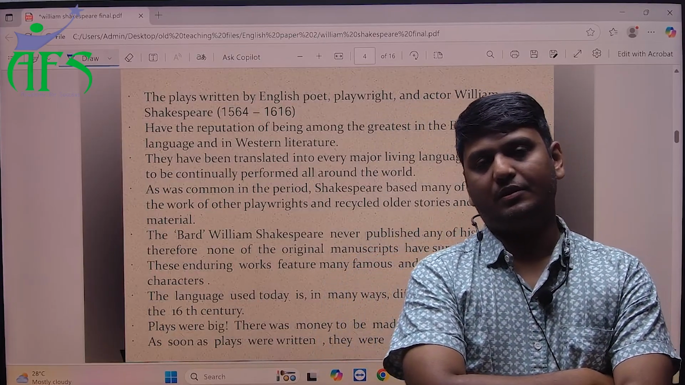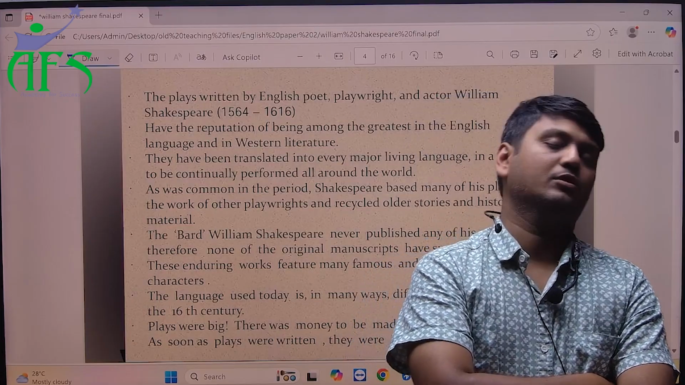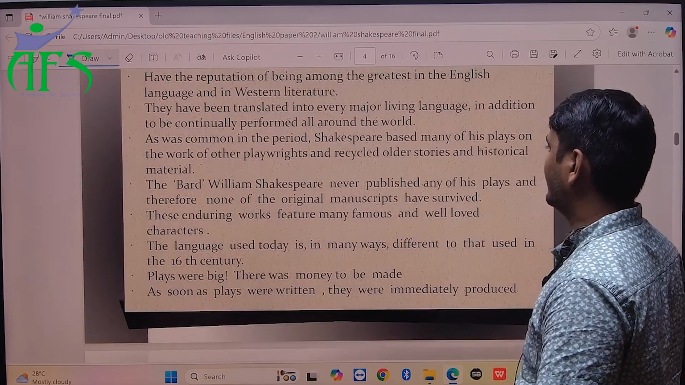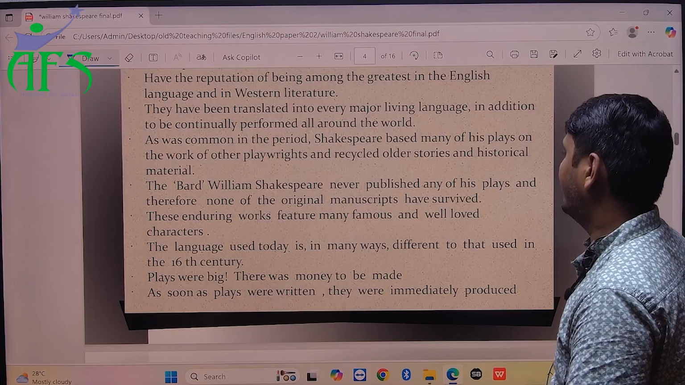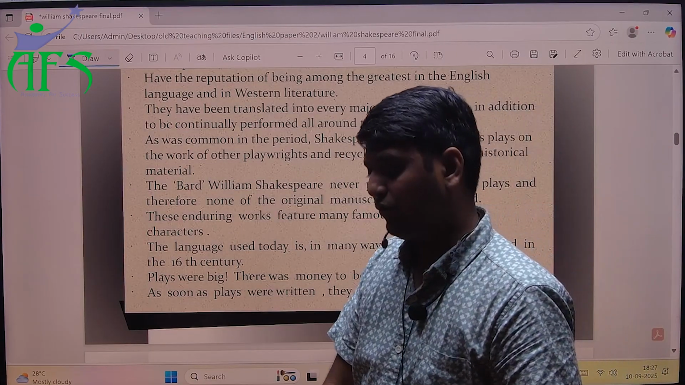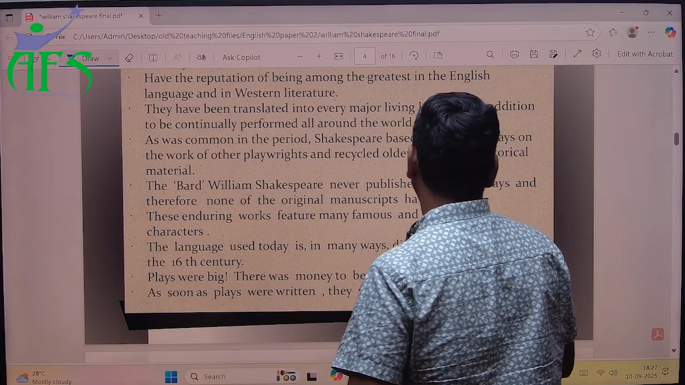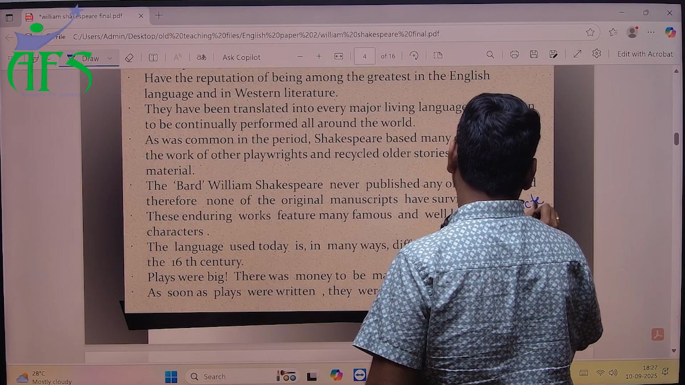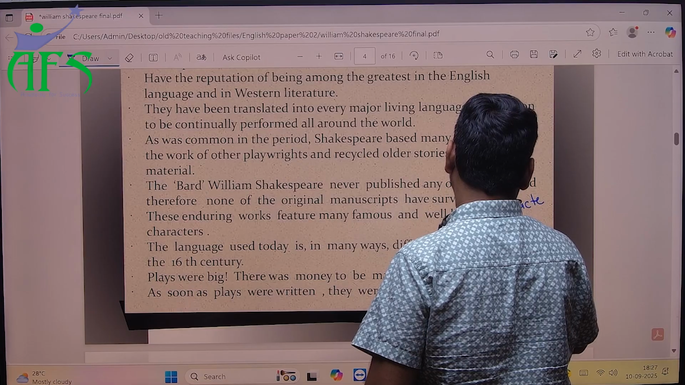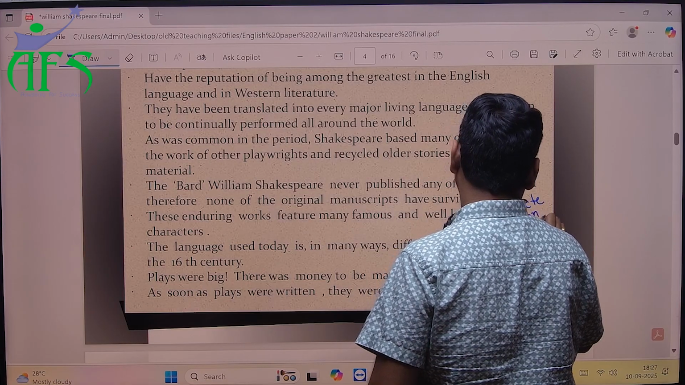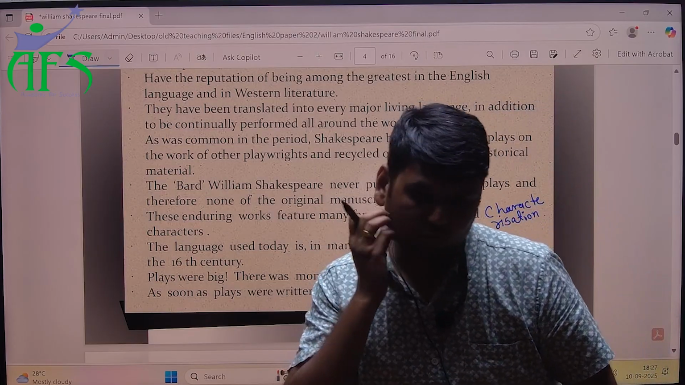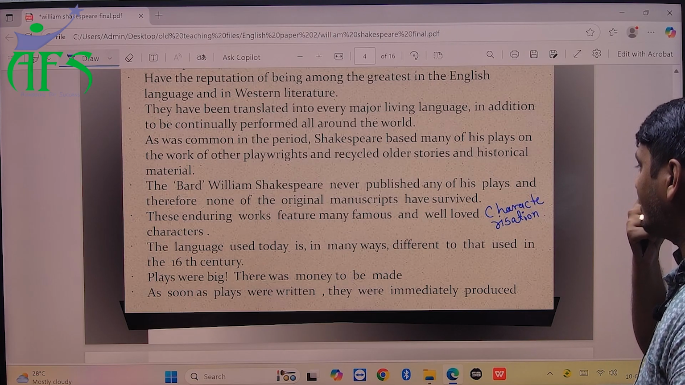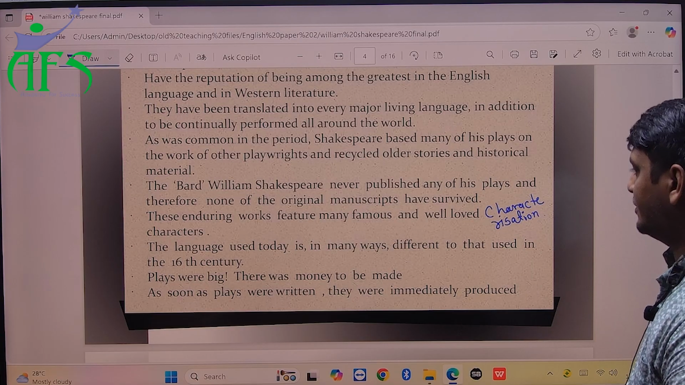So we can't deny the importance of William Shakespeare in the realm of literature. The enduring works feature many famous and well-loved characters. So characterization of William Shakespeare is one of the important aspects of today's date. The language used today is in many ways different to that used in the 16th